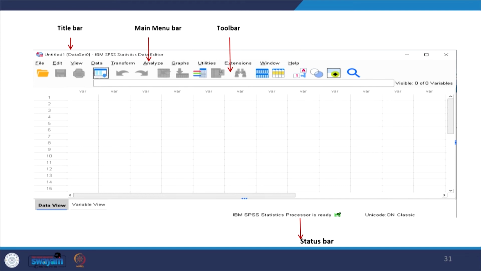We have given the snapshot of the page. Here, this is the title bar, this is the menu bar, this is the toolbar, and the status bar, where you can read that your SPSS Statistics Processor is ready to work. Another two things we are also going to guide you on are called data view and variable view.